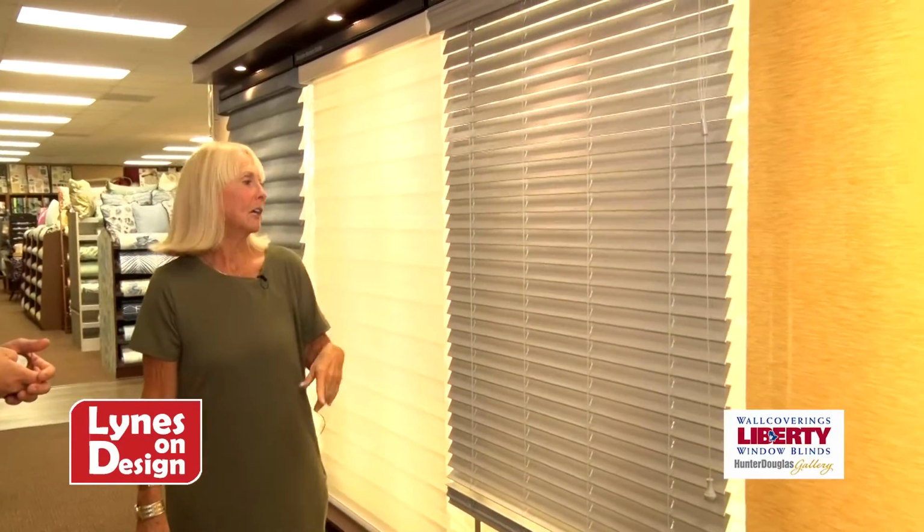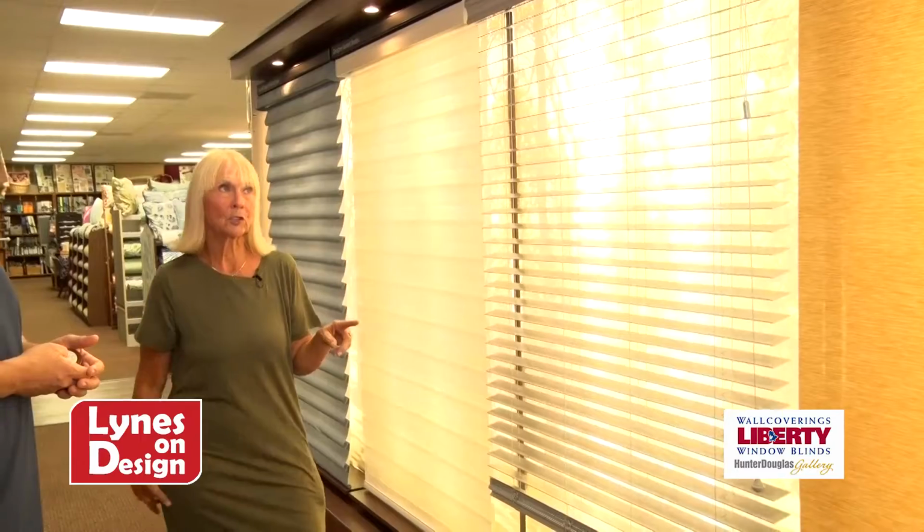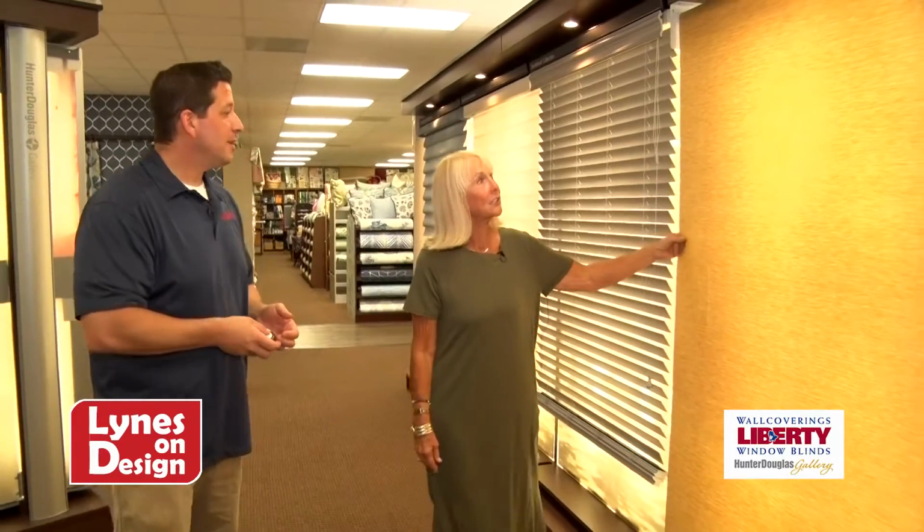Now, John is not a huge fan of this roller shade, but I have to tell you, the fabric color I picked, I just don't like it. It didn't turn out the way I thought it would. I actually think it's kind of pretty, and I think roller shades are